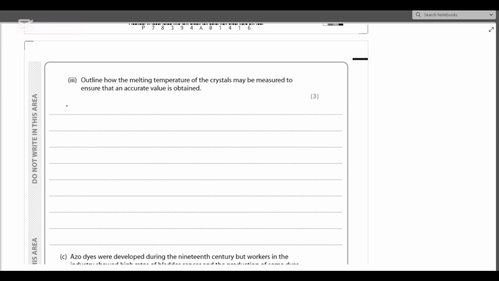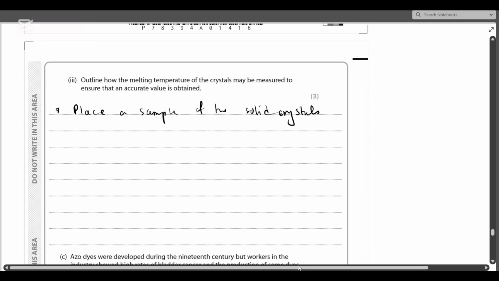you place a sample of the solid crystals in a capillary tube. So after you place them in a capillary tube, then you insert this tube into a Thiele tube with a thermometer. So insert